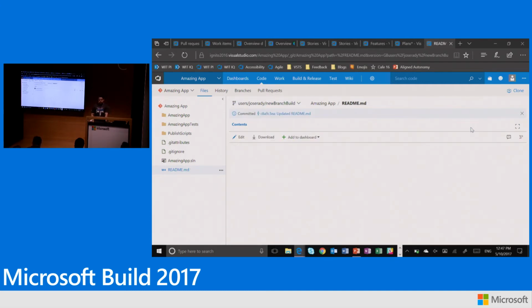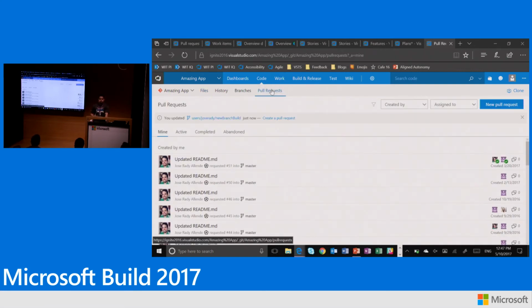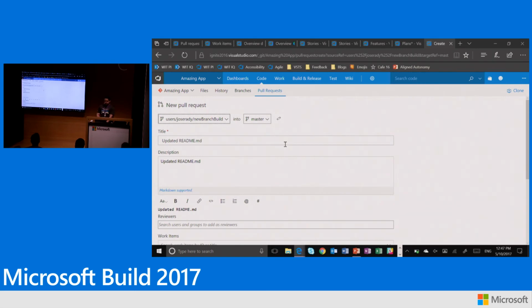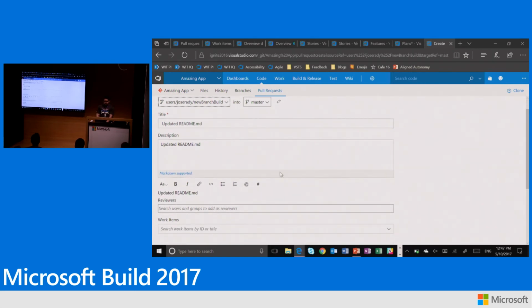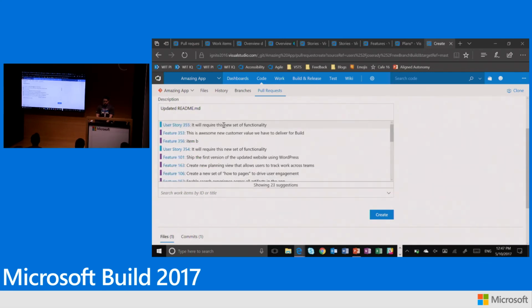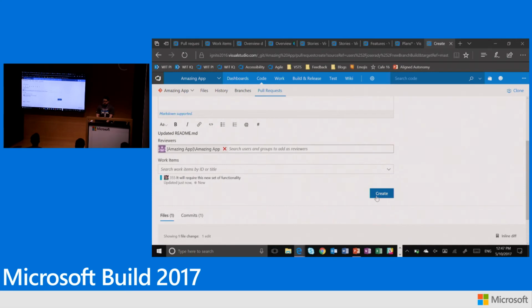I can just go ahead, commit the changes, and then if I go to pull request, guess what? The tool is smart enough and it understands. Hey, you just created a new branch. You've made a couple of changes. Most likely, you want to create a pull request. Yeah, that's what I want to do. You want to do it into master because you want to get those bits to production. You've been updating the README file. Do you want any work items to come through? You can select yes or no. The user story that I just created is there.